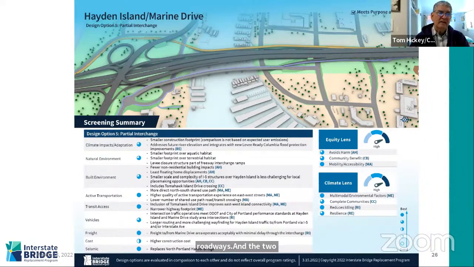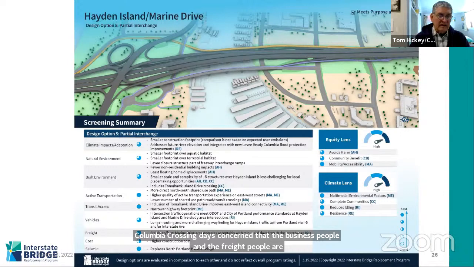Yeah, no, I get that they're nearly identical. There was a long ago conversation about a flyover, which I have heard from the Columbia Corridor Business Association that they would like to see pushed as a need still. And so I'm concerned that having taken the flyover out of the conversation, I think actually back in the Columbia Crossing days, concerned that the business people and the freight people are going to find that it is not actually adequately, acceptably